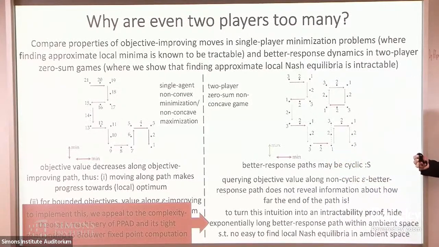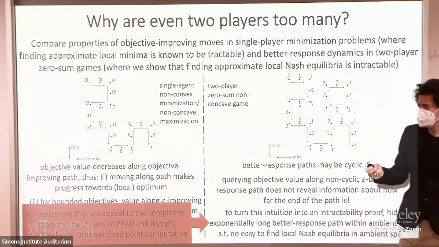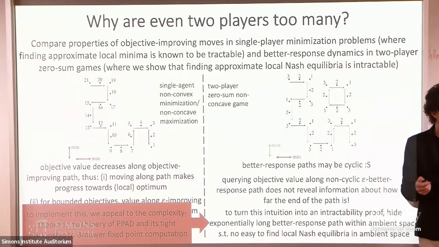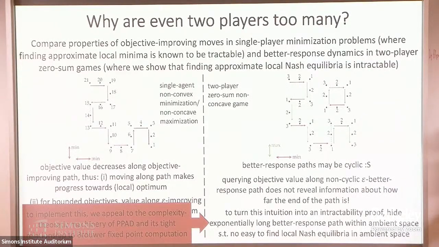prove, or at least get a query complexity lower bound, but we didn't know how to do it before, unless we first build a complexity proof and then appeal to properties of that to get the query lower bound. So let me discuss a little bit the types of techniques that we use, and the reason I think this is interesting, if you haven't seen this kind of argument, is because typically in ML, when you want to prove a query complexity lower bound, like the one I stated earlier,